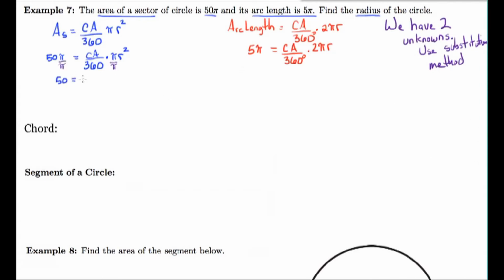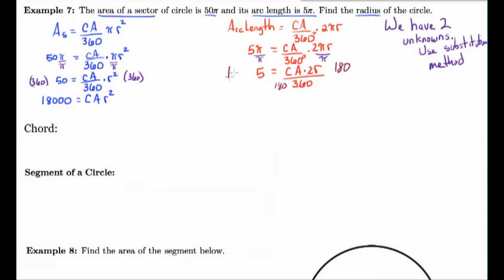So if I have two equations and two unknowns, I can solve for one of the unknowns by using the substitution method. I'm going to simplify the area of the sector equation and then take my arc length equation and solve for the central angle. The central angle is 900 divided by r. Now if I take this 900 divided by r and substitute it in for the central angle for the other equation,